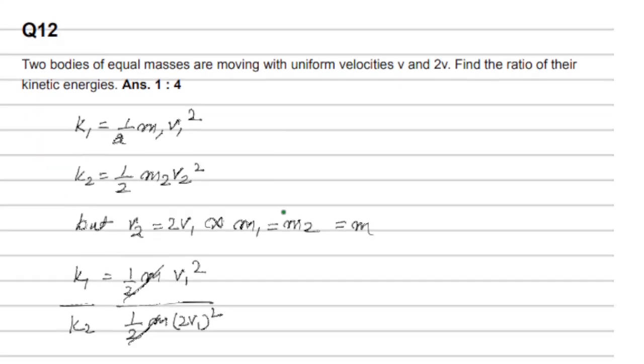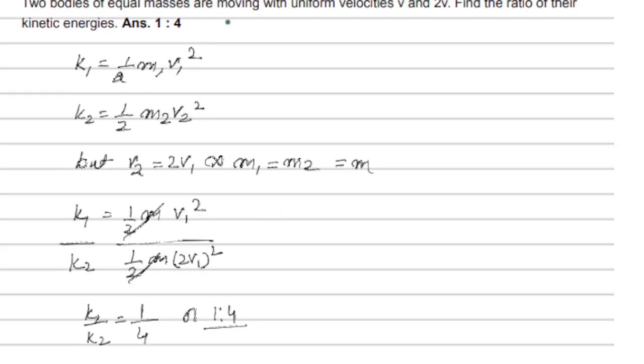Let's go to the next question. Two bodies of equal masses are moving with uniform velocity v and 2v. So the second body has double the velocity. Find the ratio of their kinetic energy. Kinetic energy will be related to the square of it. What we can say is 1:4. So intuitively we can do it, and if you want to do it mathematically, we can say K1